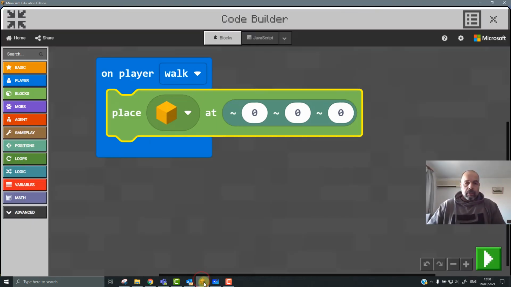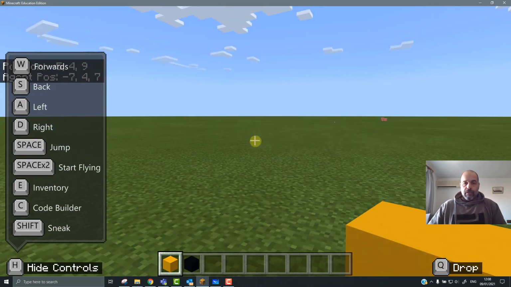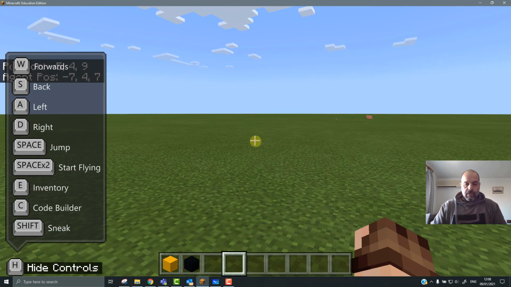Go back to our code. So I want, as the player moves forward, I want this to be placed just underground level. So I'm going to put it on -1. And to start my program, I'm going to click on play. There we go. Now, I don't need to have inventory for this to work, so I can just choose nothing there. As I start moving forward,